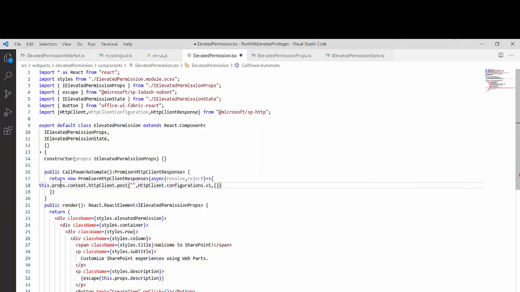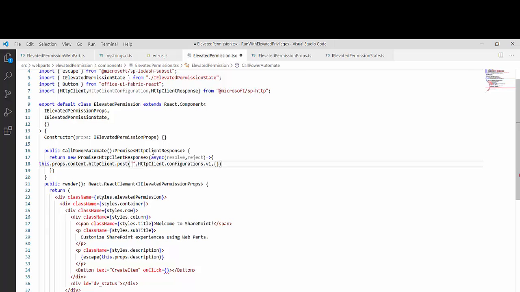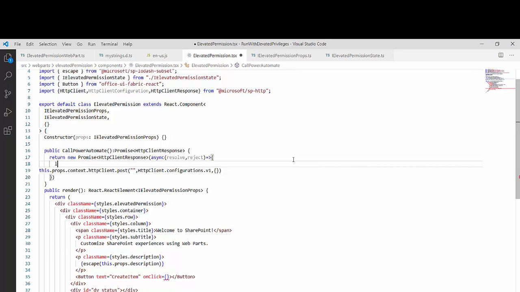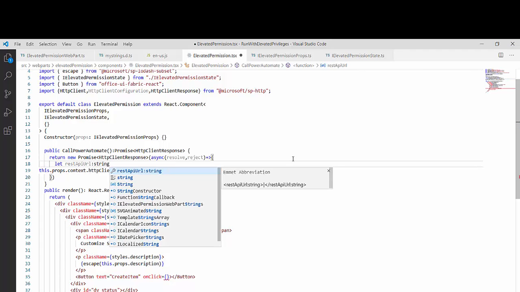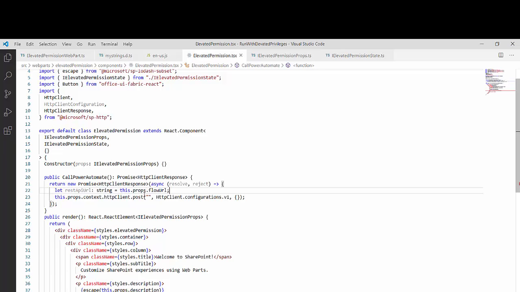Before that I have to create my REST API URL, so I will create it over here. I will name it let restAPIURL. It will be of type string, and its value we will use from my web part properties: this.props.flowURL.